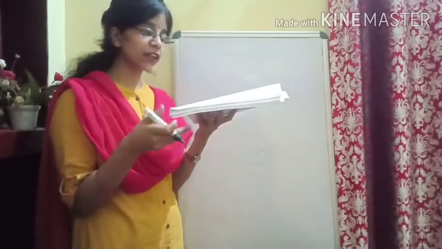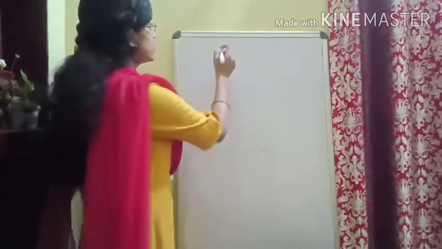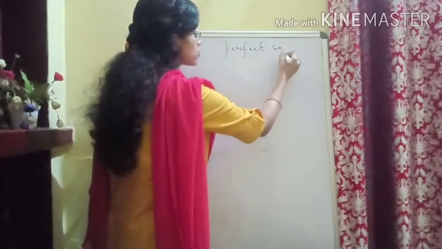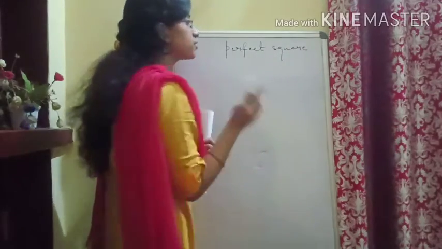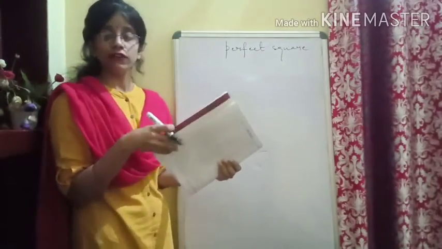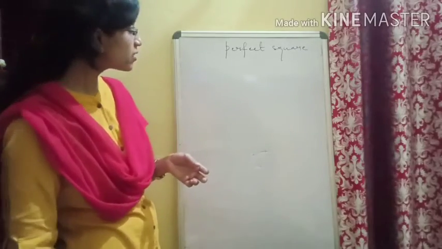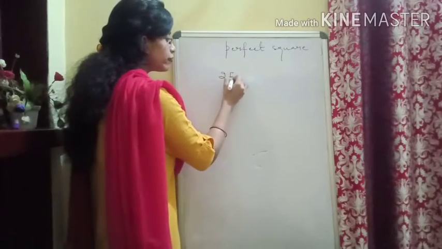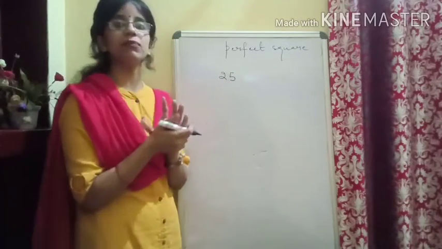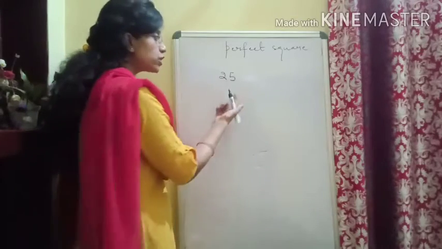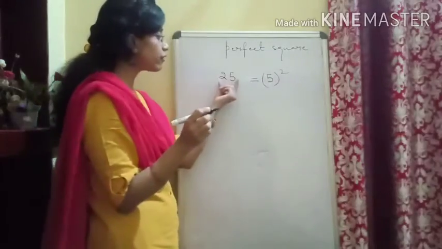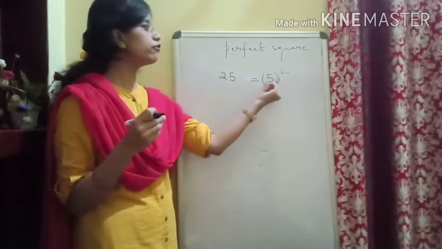Okay, our next question is, fill in the blanks to make the given expression a perfect square. So one term they are using, perfect square. First we will see what is a perfect square and how are we going to fill the blanks. You are making it a perfect square. So if I ask you to write 25 as a perfect square of a number, yes, 25 we can write as square of 5. That means 25 is a perfect square of 5.